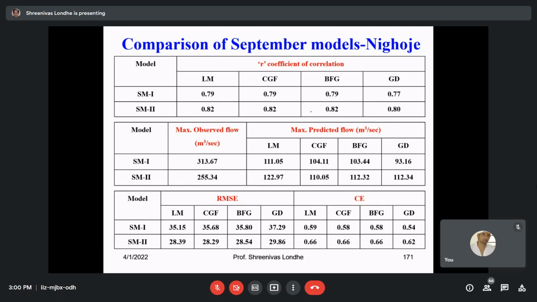You can see that the results over here, all the results, are at par. However, it seems that the LM algorithm, or these algorithms, are working far better as compared to GD. For the peaks, you can see that this seems to be working better as compared to all others. For RMAC also, LM seems to be better compared to others. For C also, this seems to be better or at par at least with others. Always there is a competition between LM, CGF and PFG. However, gradient descent, a very primary algorithm, it is always